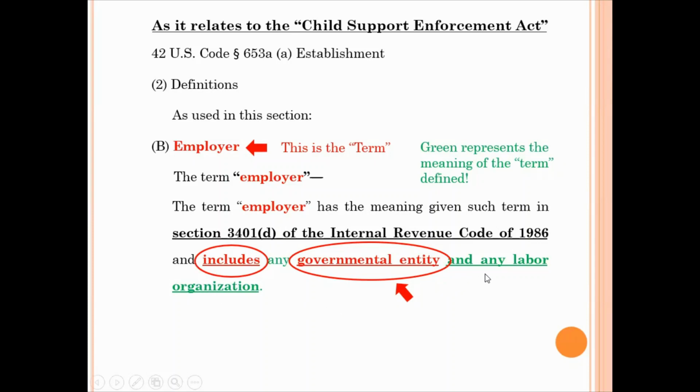Okay. Also, you see the term labor organization. Labor organization is nothing more than an agent, right? But please conduct your own due diligence regarding that particular term. I do not want to go off topic here. So definitely take the time out to, again, take a look at the term labor organization.